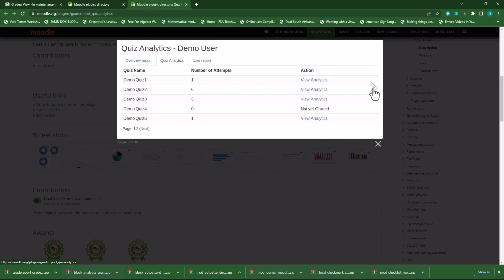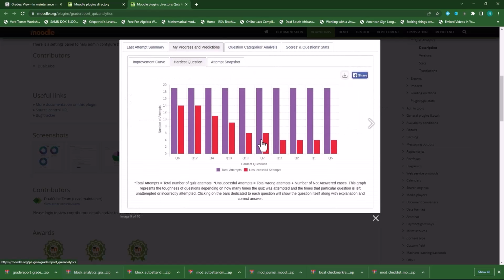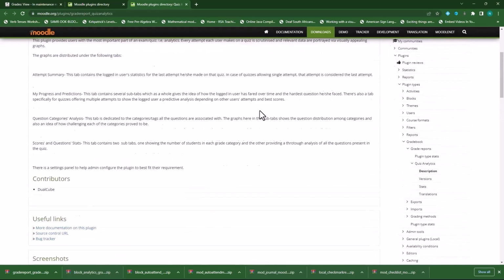Okay. Again, let's go further. Here you'll see that this graph shows you the student's last attempt, so the number of questions attempted, the number of questions correct, and the number of questions that were partially correct. And then this is the total attempts. This actually looks at the questions, the difficulty level of the questions. Okay, so the number of attempts, and then the unsuccessful attempts. This one actually looks at the challenging categories of a particular student. Okay, so let's download this